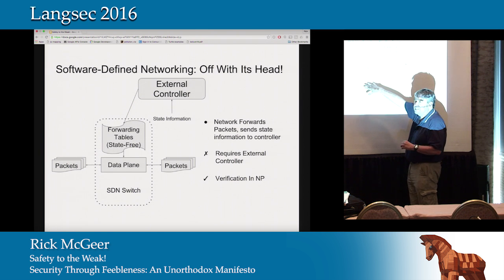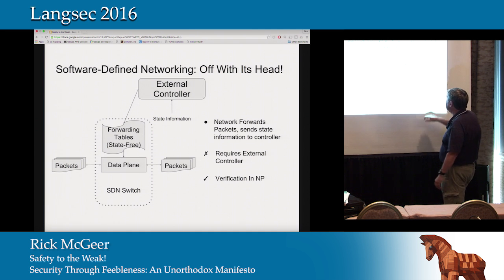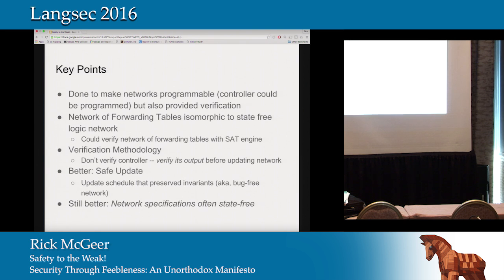And the data plane is simply forwarding packets, and the communication from the controller is just, here's your forwarding table, forward packets this way. Okay. So the network just forwards packets and sends state information to the controller, which generates the forwarding tables. So this does require an external controller, which is presumably a negative, but the verification on this is in NP. It's, in fact, NP-complete because,